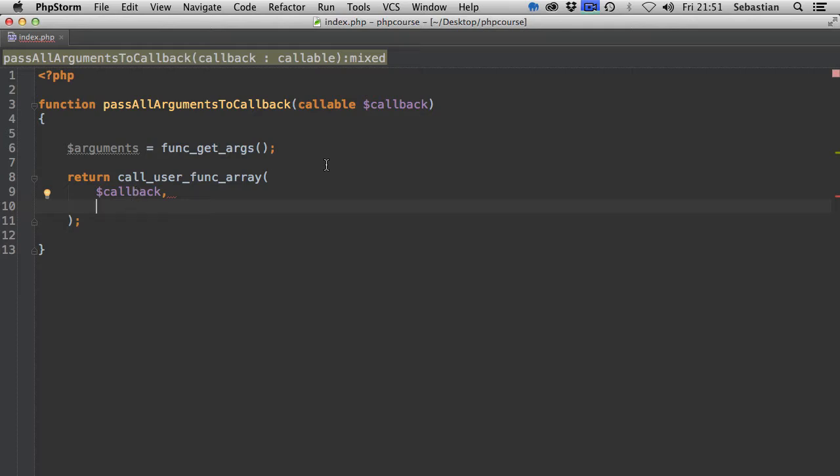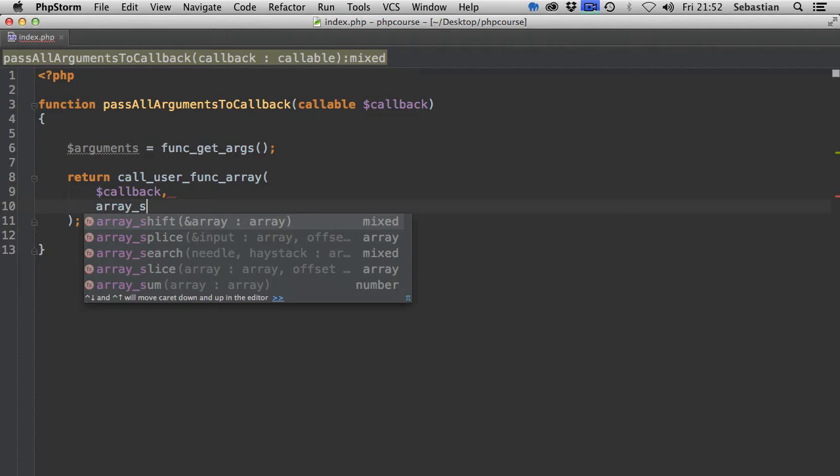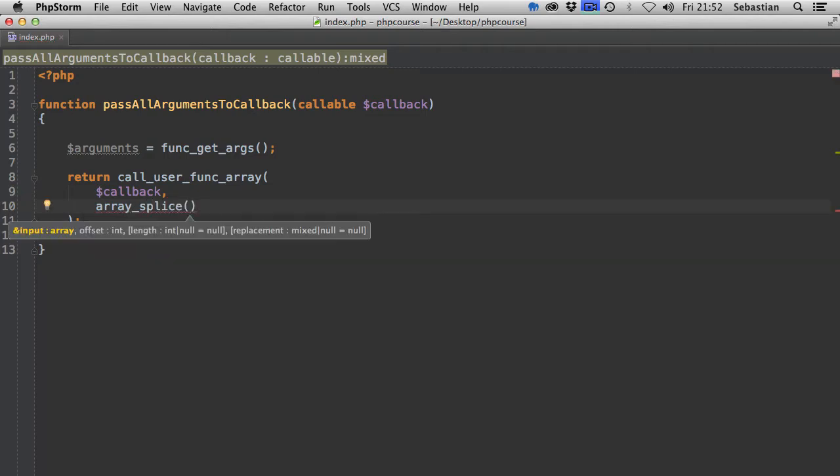So what we want to do is pass anything that might have been passed to this call, to this function, apart from this first argument, which is actually the callback itself. We could obviously do it on another line and then pass it as a variable, but we can do it straight away here as a second argument. So we're going to use array_splice, and we are going to pass the arguments, and then we say